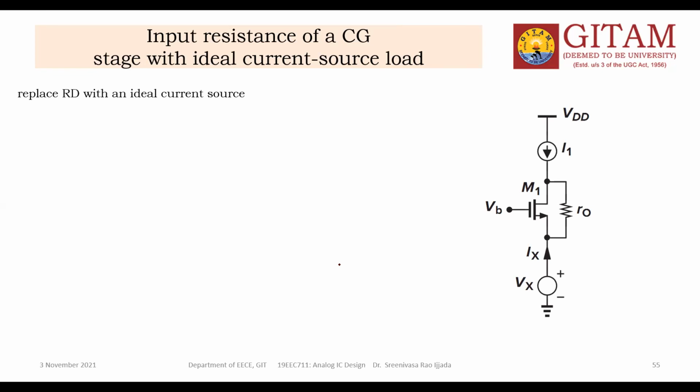Of course, there is not much difference between earlier and now. Earlier there was an RD in place here, but now, as I told you, replace the RD with the ideal current source. Yes, that is my current source I1. Here I am calculating the input impedance. For finding the unknown value, apply a known voltage source and a known current. But there is a conflict: from the top side, I1 current is flowing because of the constant current source, and from the bottom, Ix current is flowing due to the voltage source Vx.